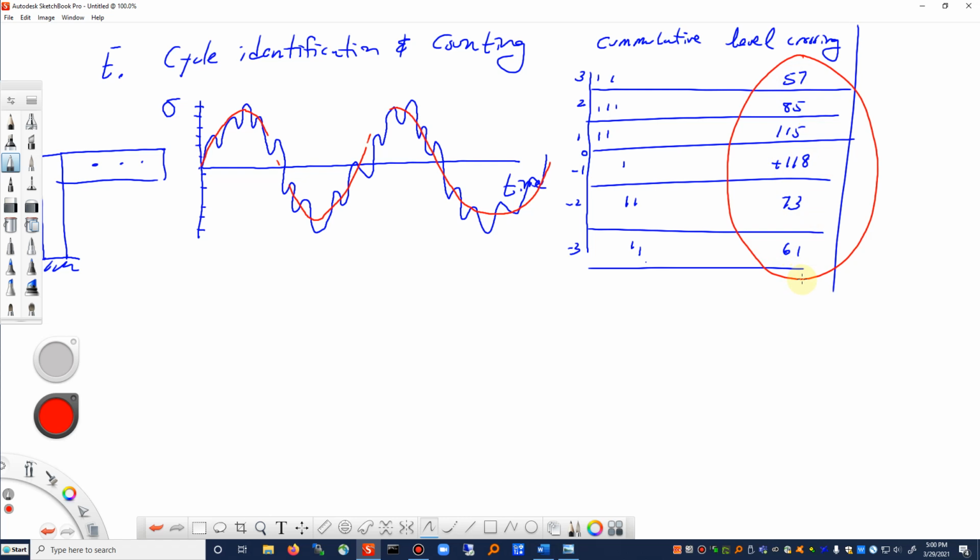Now here's where the level crossing can get a little bit weird. If you use this time history, it may generate this level crossing, but if you were to try to take this data and create a time history, you may not get something that looks a whole lot like that one. So what you might do is you might say, well, it got up to here 57 to 61 times, so maybe I have